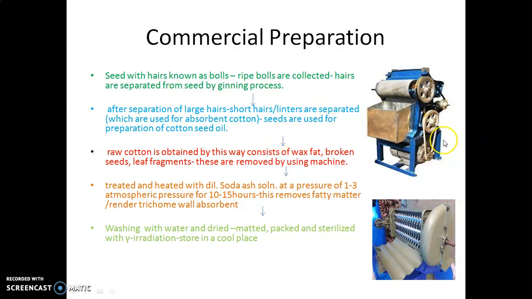After collecting this short hair or linter, it is known as raw cotton, and the raw cotton obtained this way consists of wax, fatty substances, broken seed parts, and leaf fragments, which makes this raw cotton less absorbent. So we have to remove these by using the machine cotton opener, and after removal of these things,